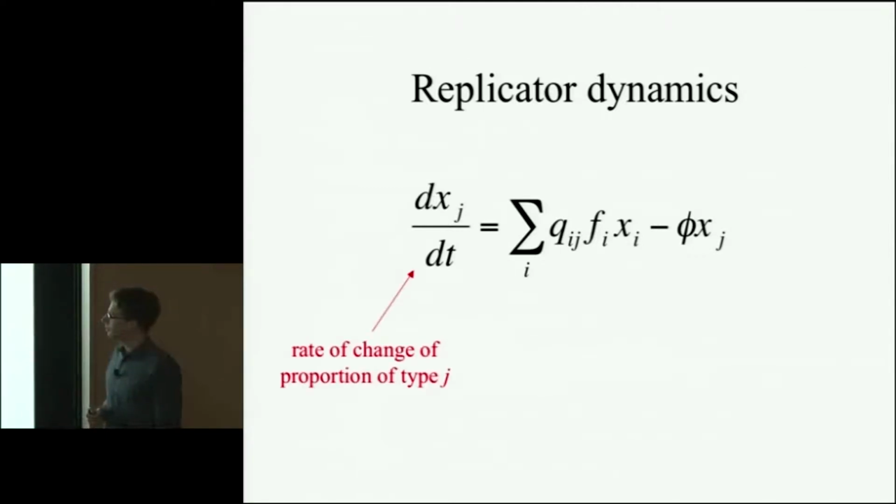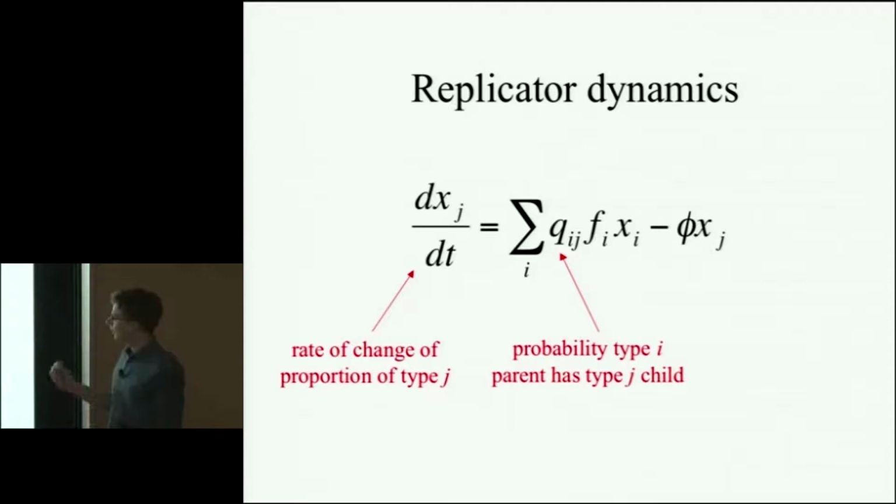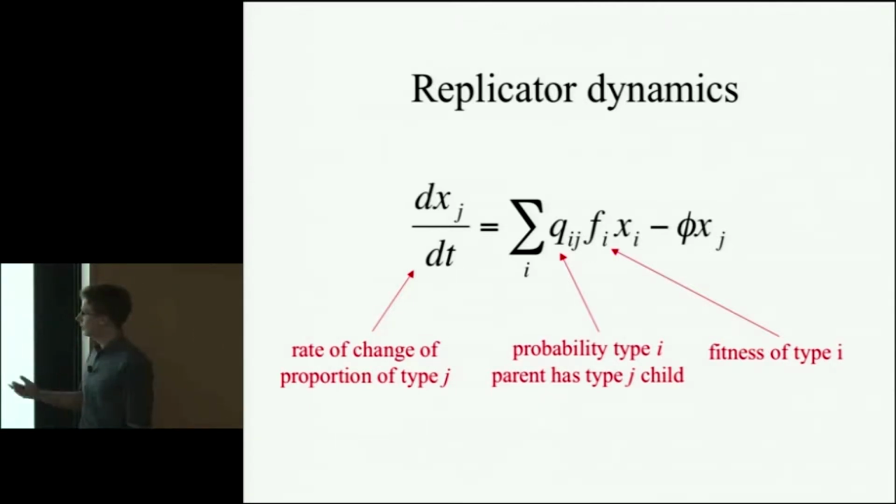Basically, what it's doing is saying that the rate of change of the proportion of the population of a particular type is determined by the probability that a type I parent has a type J child, together with the fitness of type I, which in the biological model essentially corresponds to the number of offspring which are associated with that particular type. So what it says is that the rate of change of that proportion we get by summing over